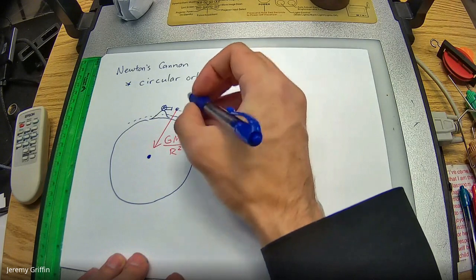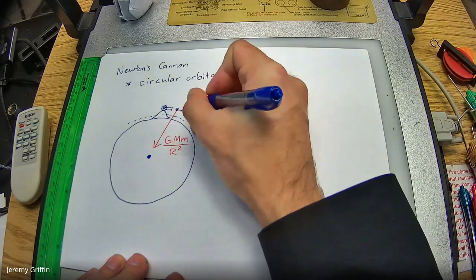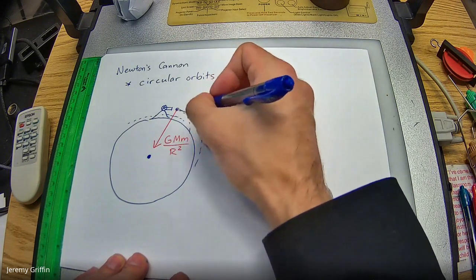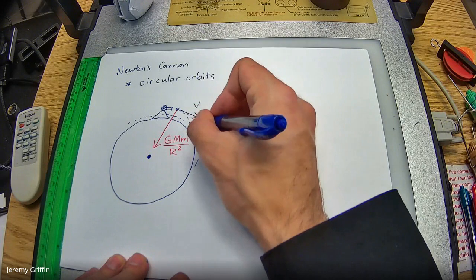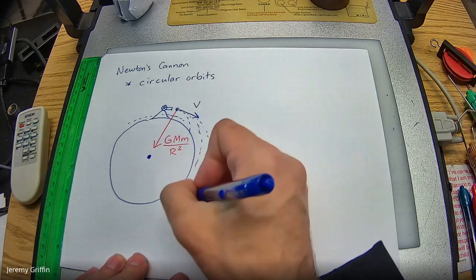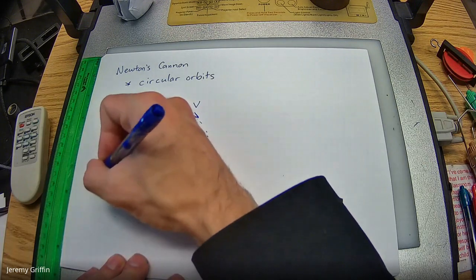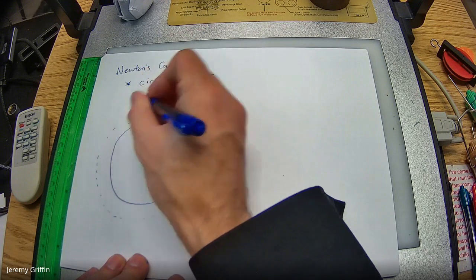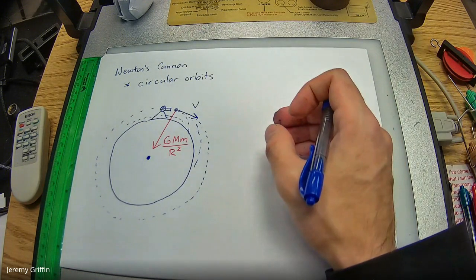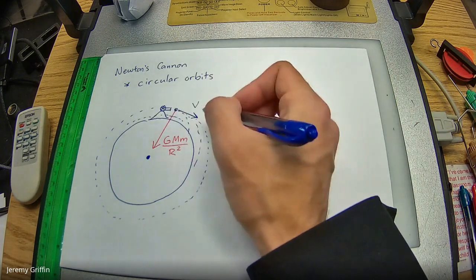So what if you got this cannonball going so fast, some speed v, that the amount that it fell vertically due to its weight as it was being pulled around also equaled the amount that the ground beneath it changed due to the curvature of the Earth. So it's like falling around the curve of the Earth. You guys remember if you drop something from rest, it falls about 5 meters in the first second of falling? Or if you blast something horizontally, same story.